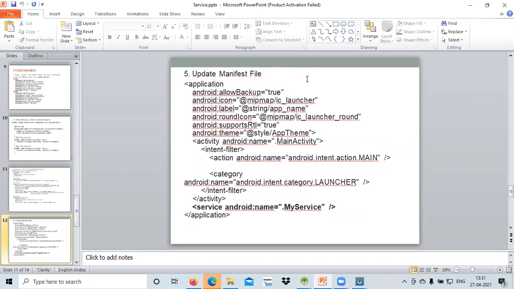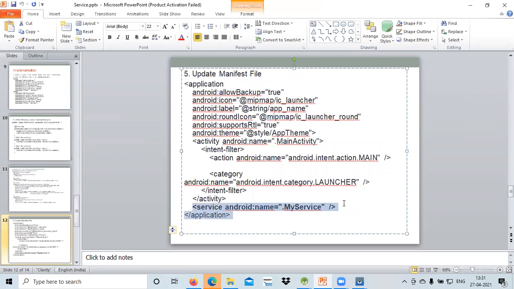ठीक है, नेक्स्ट है हमारे पास। अगेन वी नीड टू... अब ये भी एक। What we are doing over here, we are just using that particular application in my current application, so again I have to give that permission in my manifest file. So this is the main thing, that we need to use that service tag over there, and I can pass my .my service.